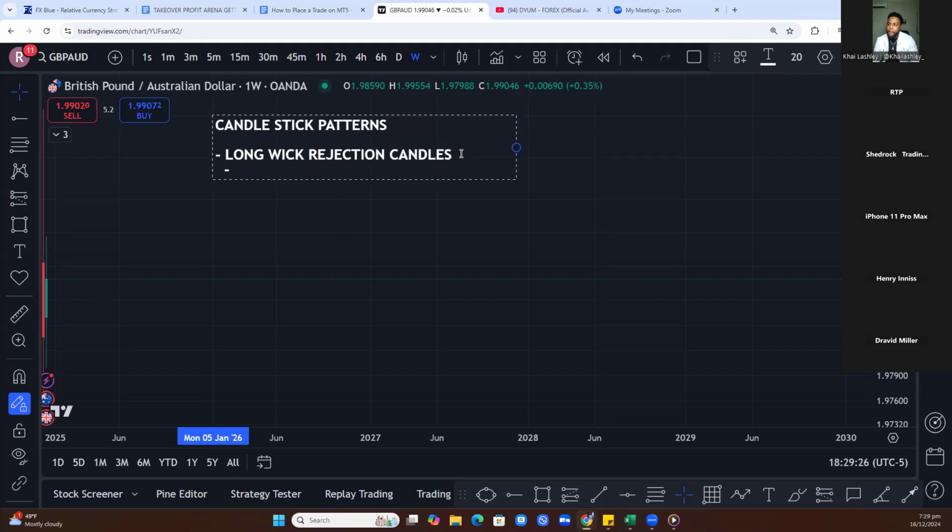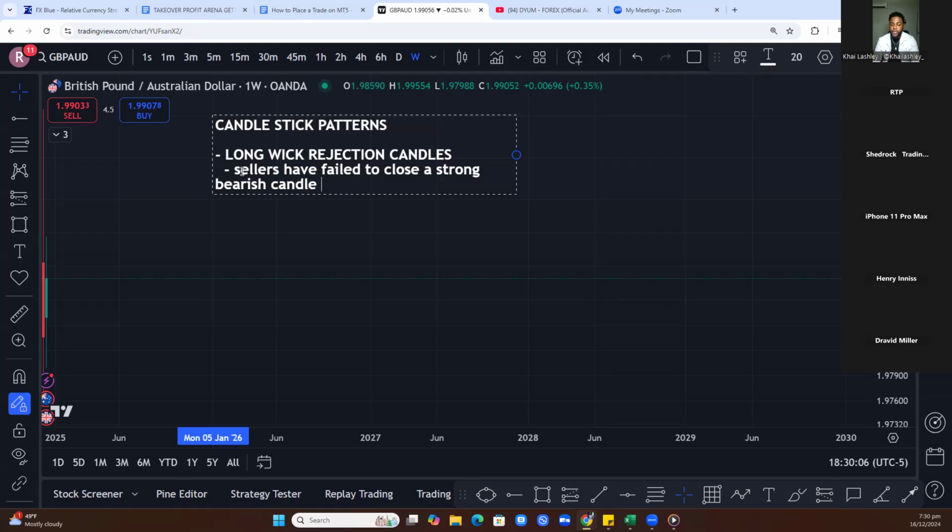You would see things like hammers, you would see things like bullish or bearish pin bars. Those are types of candlestick patterns that you would basically see. Actually, before we go into what it would look like, basically what happens at these points is where the sellers have basically failed to close a strong bearish move, actually let me say candle,